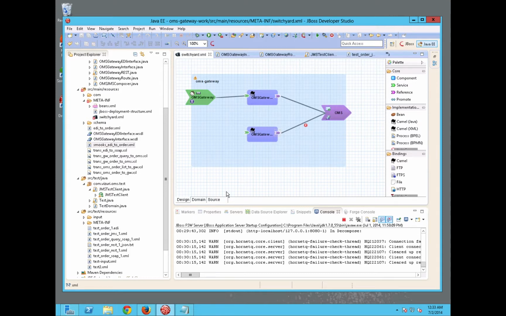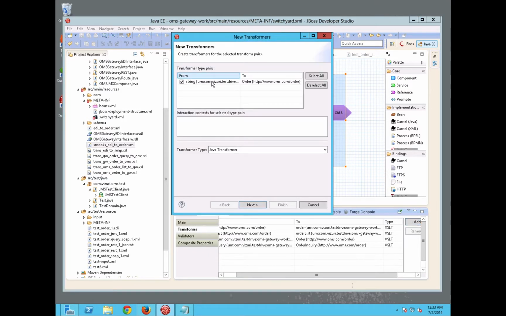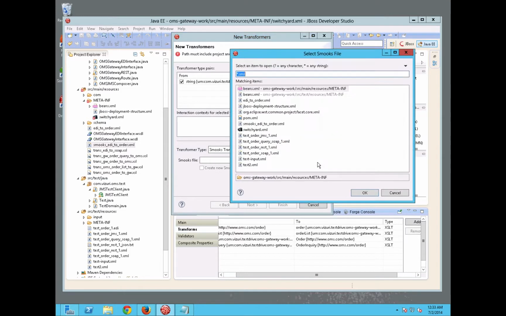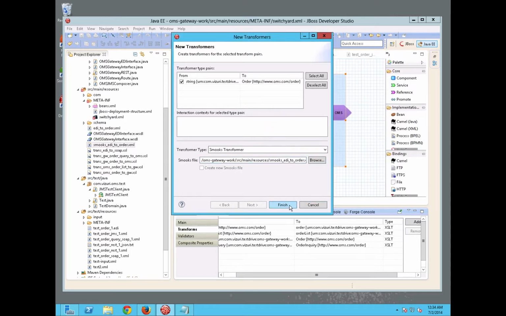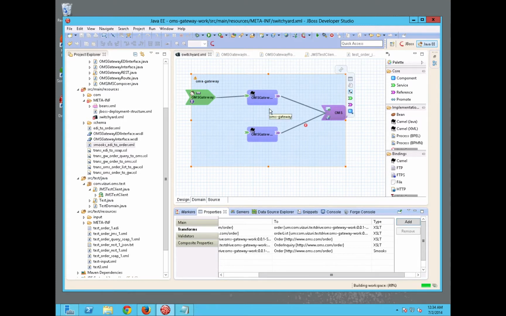So we need to add that transform just like we added the others. So this time we're doing a Smooks transformation. And we're going to browse and find our Smooks EDI to order XML. Click Finish, Save, and